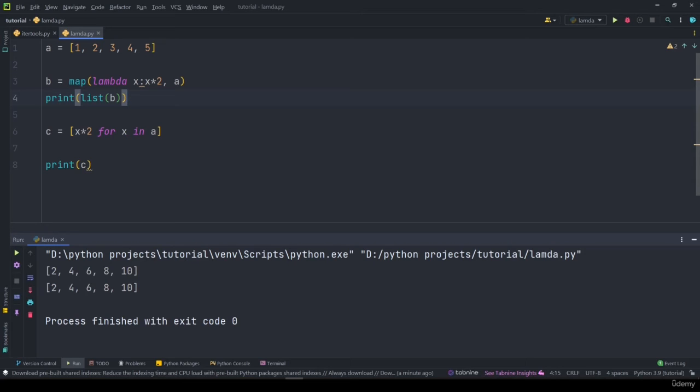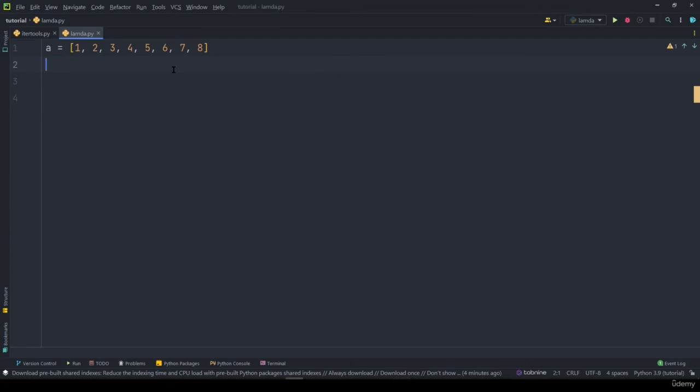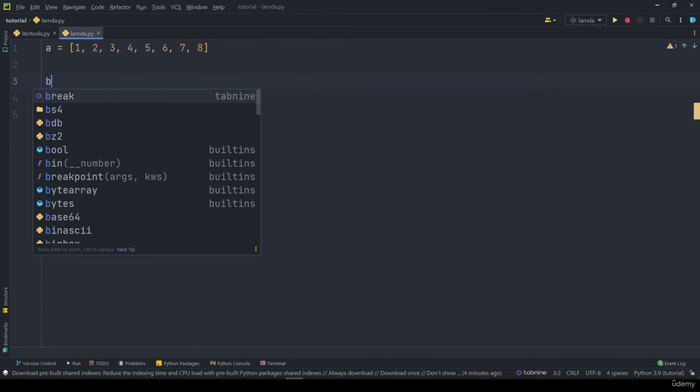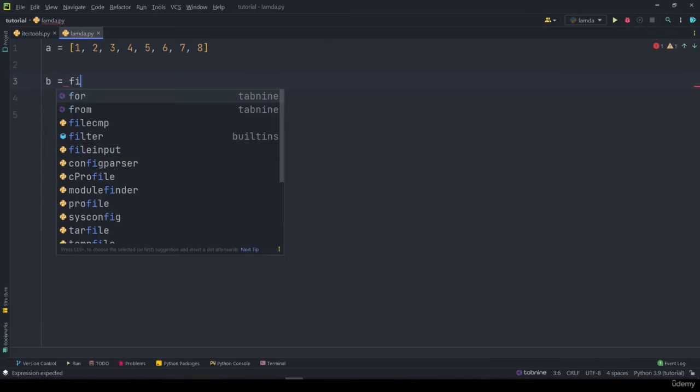Now let's take a look at the filter function in Python. So the filter function is actually used to filter a list or a sequence of numbers based on a function. So I have a list here with some numbers. So now let me say b is equal to filter